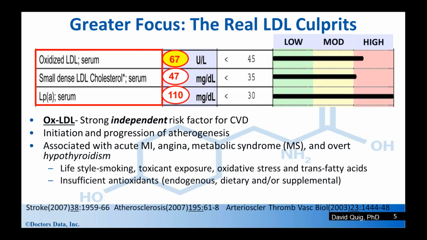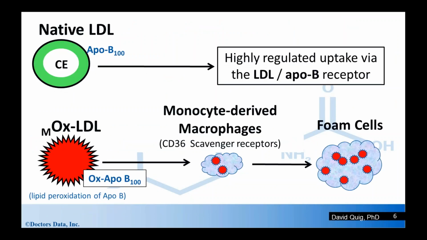Elevated oxidized LDL levels are associated with lifestyle factors such as smoking, exposure to environmental toxicants, oxidative stress, and trans fatty acids. It's also associated with insufficient antioxidant status, that is, endogenous antioxidants such as glutathione, and dietary antioxidants and/or supplemental antioxidants. So to really appreciate the atherogenic role of this oxidized LDL, let's just take a look at normal